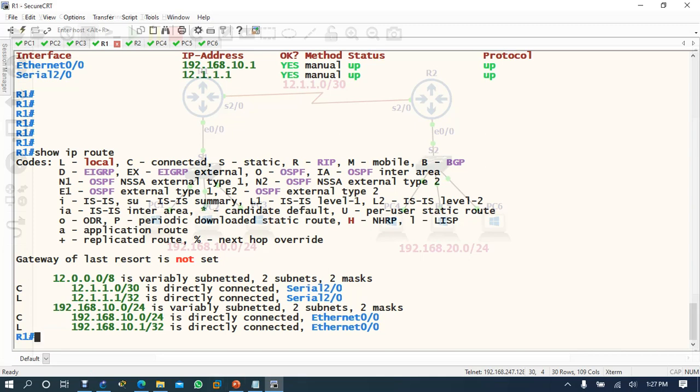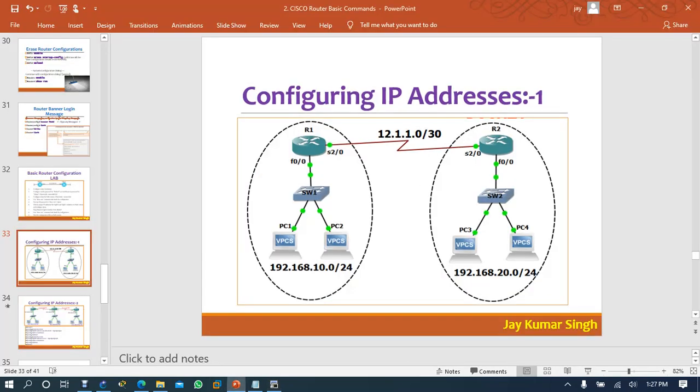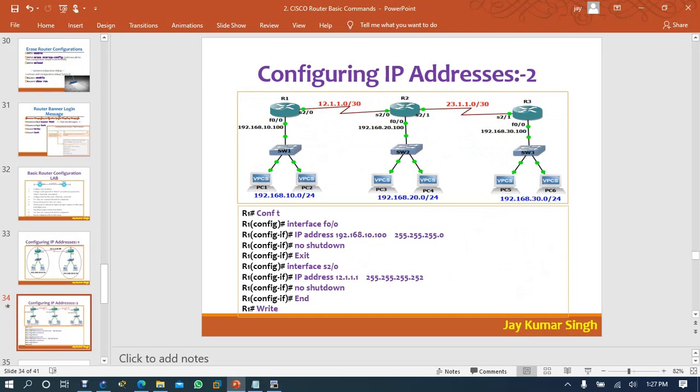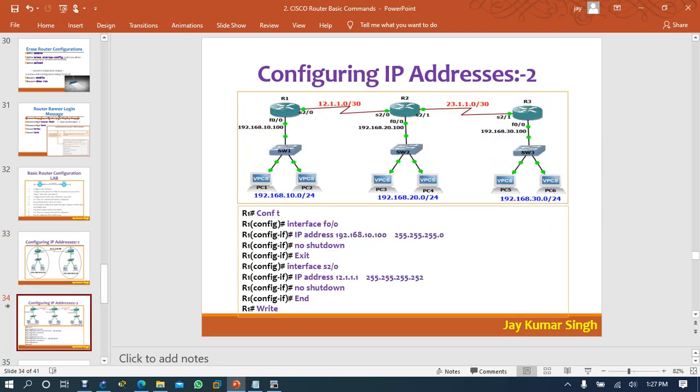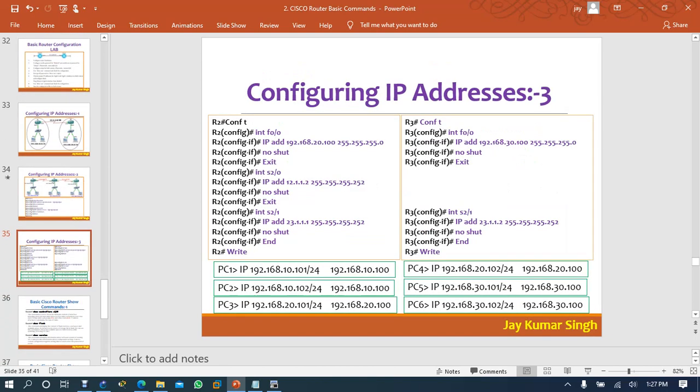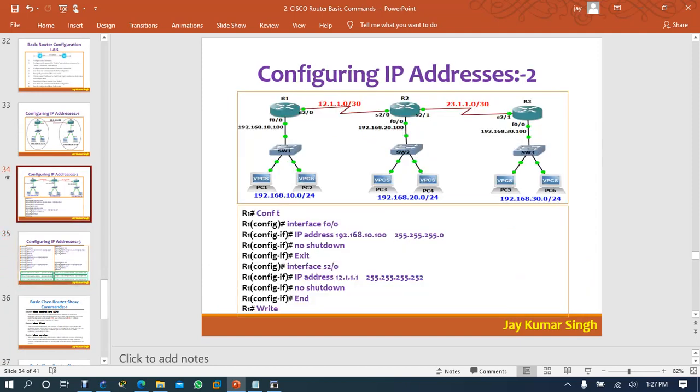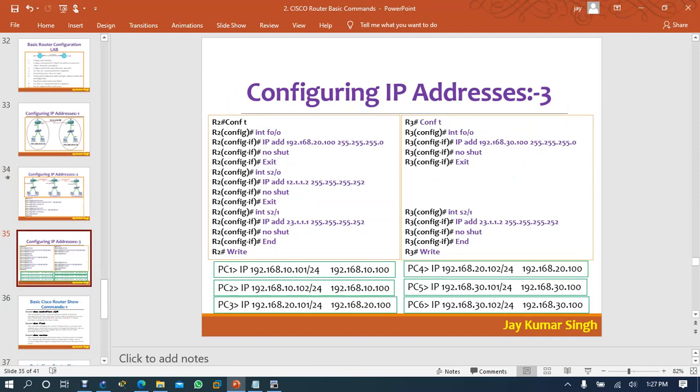So we are only talking about IP address configuration, right? Okay. So we have configured this IP address, and this network. Now you can configure this IP address for the students. So both networks are set now. So this is only for IP configuration. We are not configuring any routing. Routing is next.